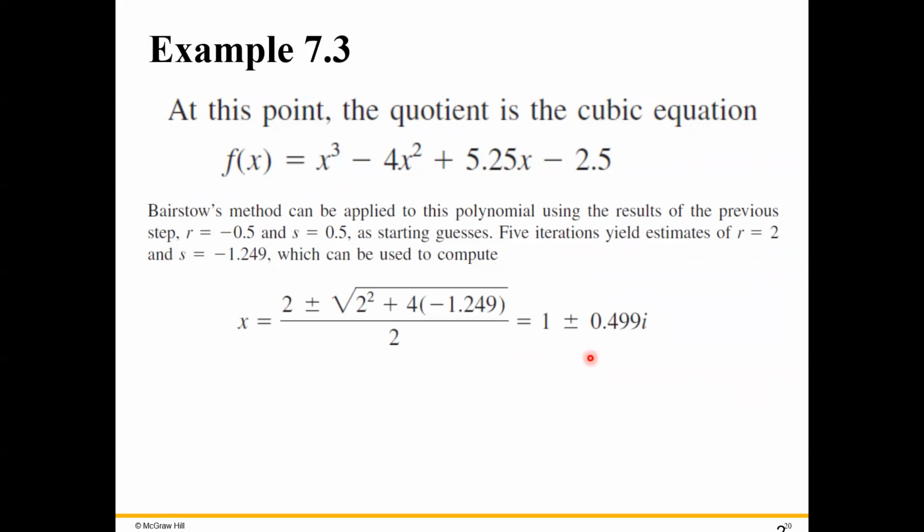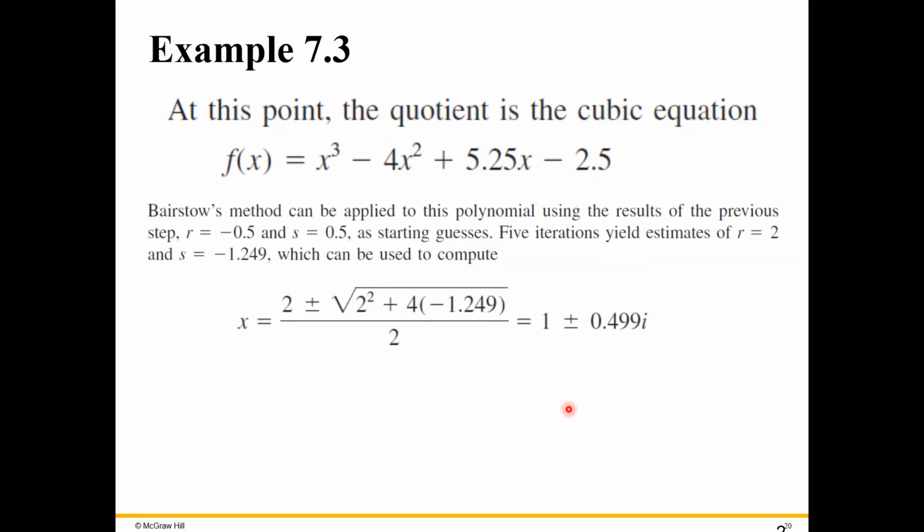a complex conjugate solution, 1 plus minus 0.499i, or in exact terms, it will be 1 plus minus 0.5i. Okay, so from the third degree polynomial, we can now reduce that polynomial to the single degree polynomial. And for that single degree polynomial, we will need two coefficients that will be b0 and b4. Okay,